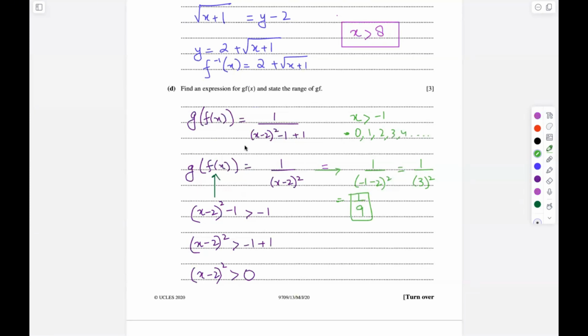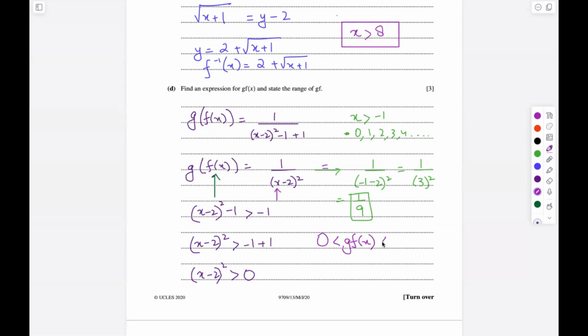Now, as I keep on increasing the values of x, the value for the denominator will keep on increasing, and 1 upon a very high value will basically become a 0. So the maximum value for g f of x that we can get over here is 1 upon 9. Any other value of x that we substitute over here will give us a value which is less than 1 upon 9. And a very huge value of x will give us a value which is near 0, but it will not be equal to 0. So the range for g f of x will be greater than 0 as it can never reach 0. X can be infinity at the point where g of f of x will become a 0,